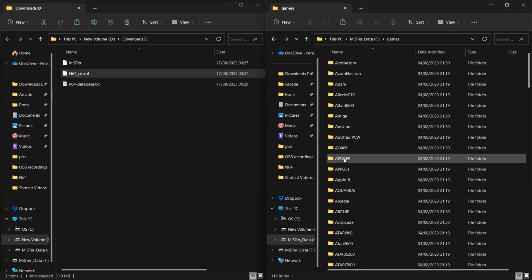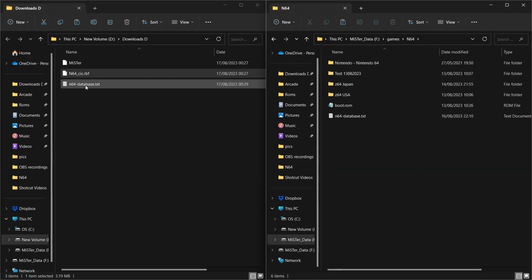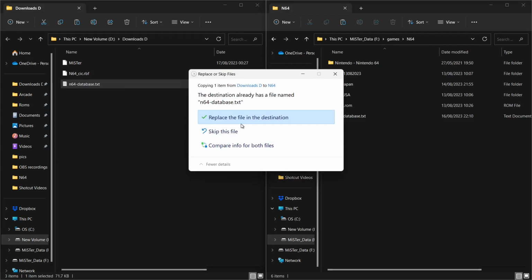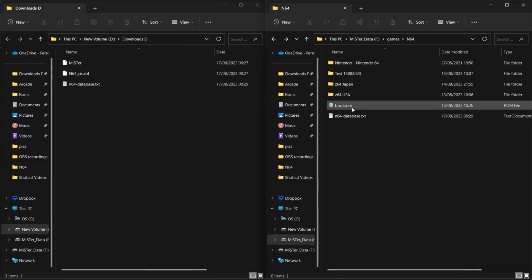So if we head over to games and then N64, again I've got it in there already. Here we go. I'm just going to drag it, but it's going to copy it over. Again, ask to replace. Let's replace that in here. So guys, this file you're seeing here is the N64 BIOS. When you're looking for it, search for an N64 PIF file. Once you find the BIOS file, rename it to boot.rom and place it in the